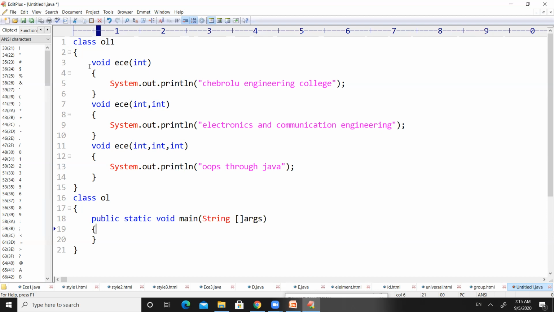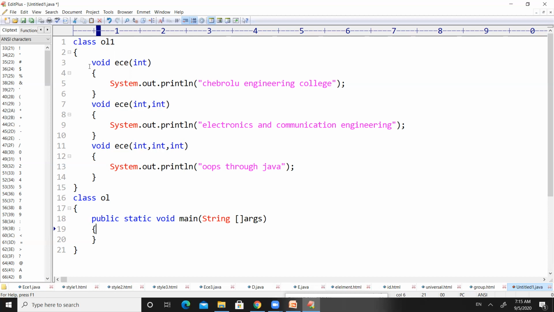To print OOPS through Java on the screen, I need to access ECE with three integers. Since there is no static keyword before the method name, I need to bring all these methods into the RAM. If there is a static keyword, we can directly call the methods. If there is no static keyword, first we have to bring all the elements into the RAM.